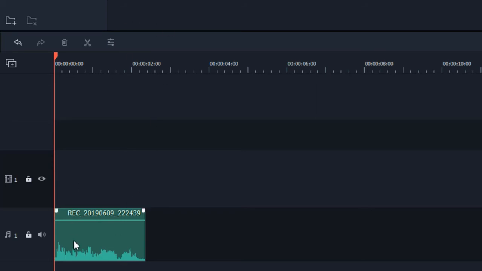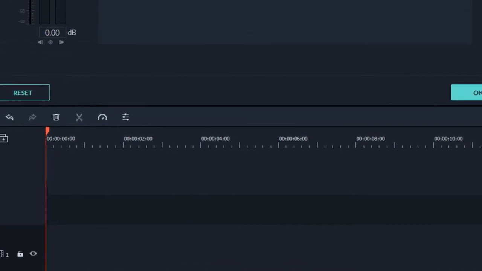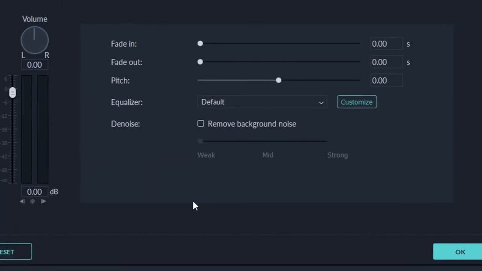Now I'll go to the properties either by double clicking on it or by clicking on this as well. I'll double click it and I'm back to the audio properties of this audio clip. Now I'll change the pitch towards the right side and you can see that it sounds funnier, cartoon style. I'll play it. Hello, this is Heminder and you're learning Filmora. I'll change it a bit more and play it again. And we can change it more. So you can experiment with it.